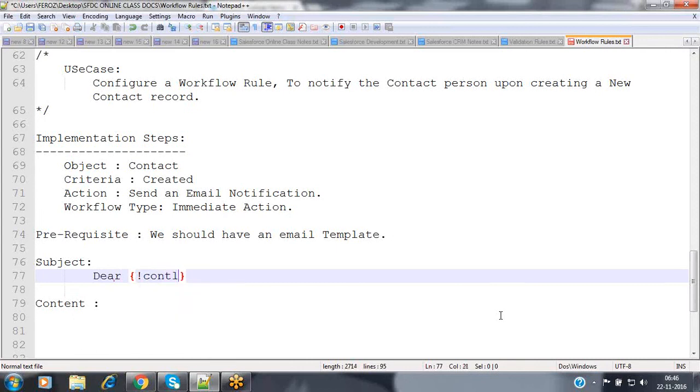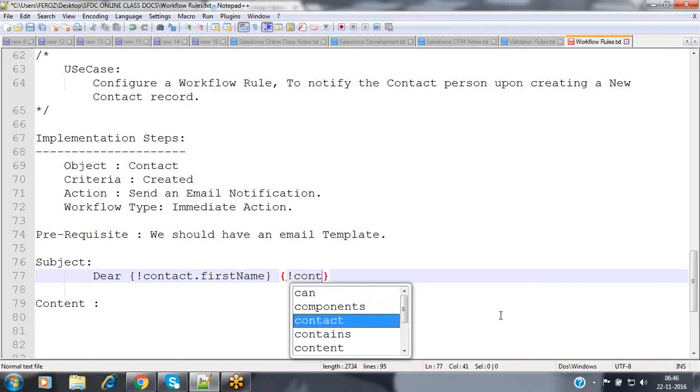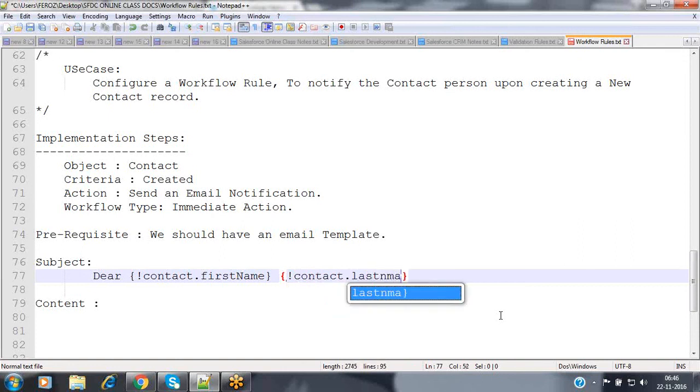So for that I'm using contact.first name, and I'm using the merge fields over here, contact.last name. Now, Dear customer,